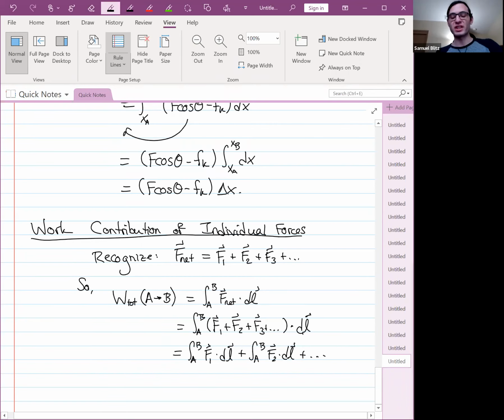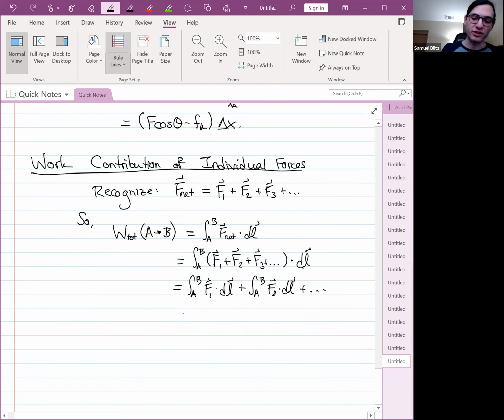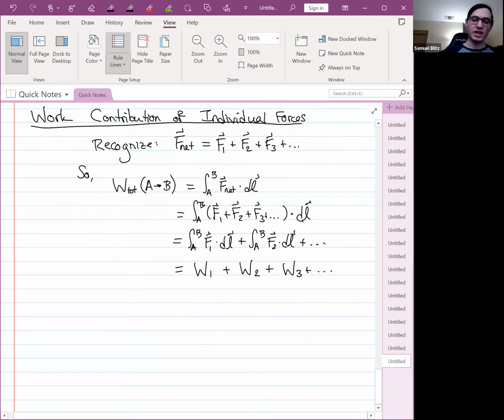And so we can label each of these, the work done, by the corresponding force. It actually makes sense to say how much work was done by the gravitational force, how much work was done by the pushing force, how much work was done by the frictional force, and so on. And so what we learn is, if, for example,